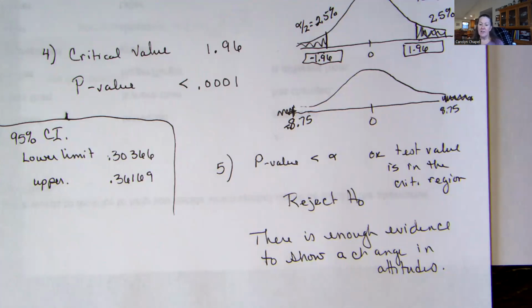So just saying that there's enough evidence to reject H0, that's not going to be what we want to say. We do want to go back to the original question at hand. Is there enough evidence to show that there has been a change in attitudes? Yes, there's enough evidence to show that those attitudes have changed, that they are no longer 47% of our parents being satisfied. Now, we can't say it's one way or another, not less than or greater than. All we have tested is if it was equal to versus not equal to. Okay. Since we were doing a two-tailed test,